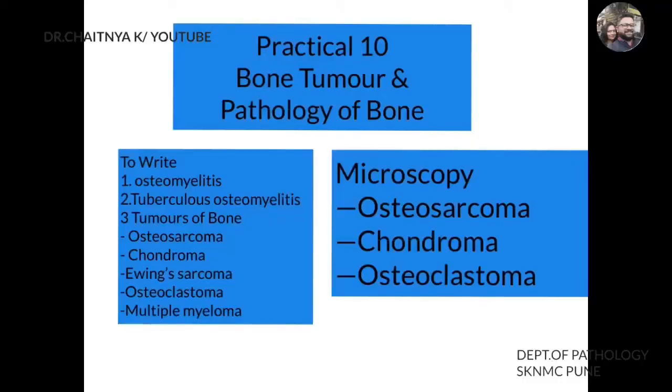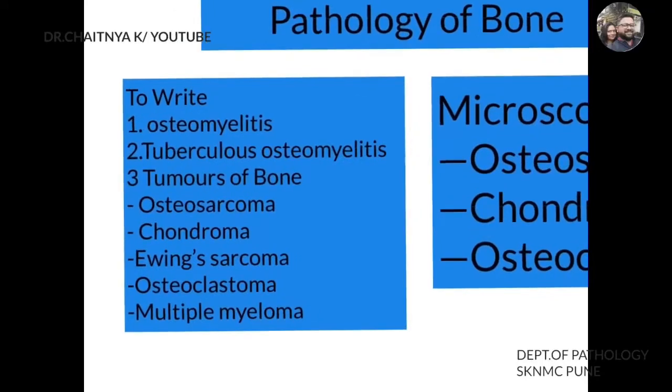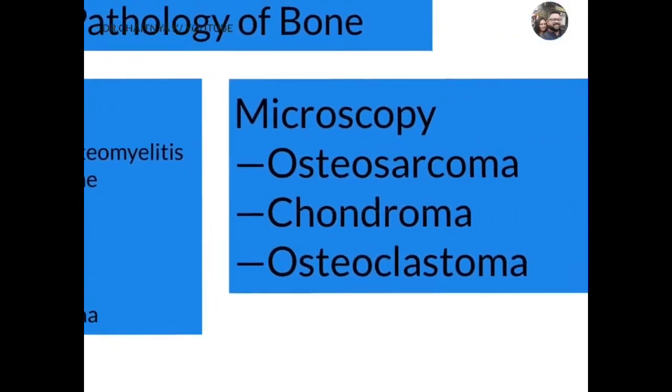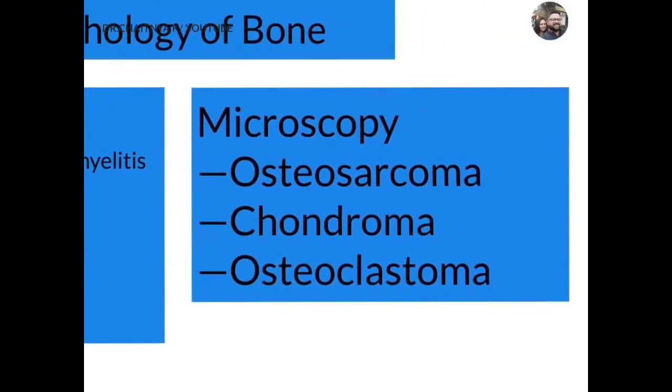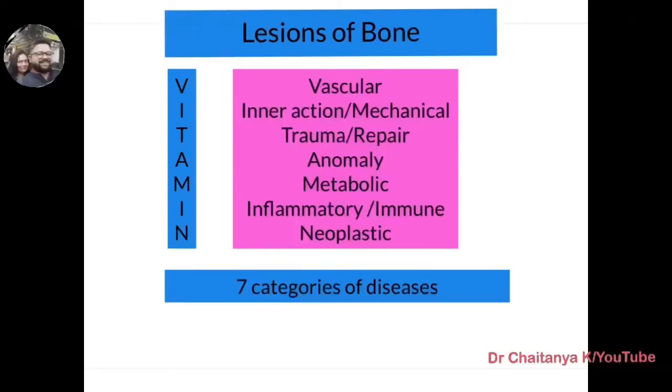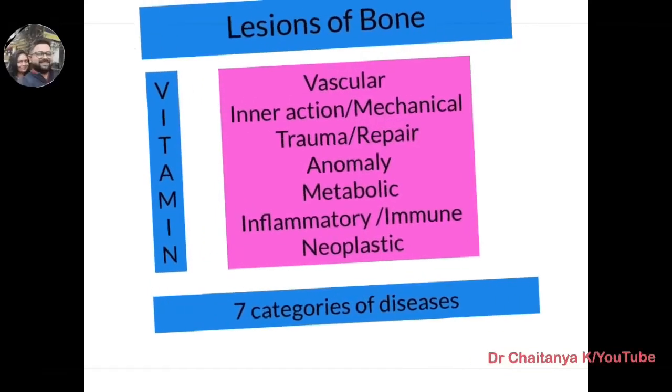So, practical number 10 regarding bone tumors and pathology of the bone. You are supposed to write down all these things in your record book, and you have to draw the microscopic figures of things. So, coming to the lesions of the bone, the mnemonic is VITAMIN, which stands for